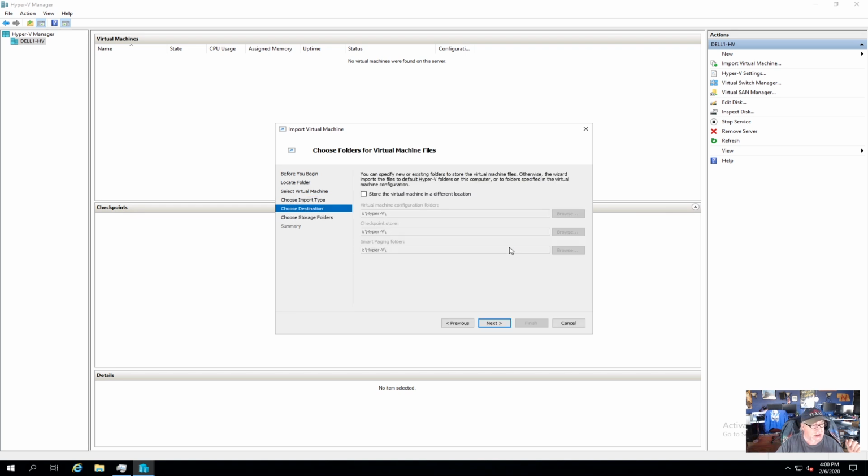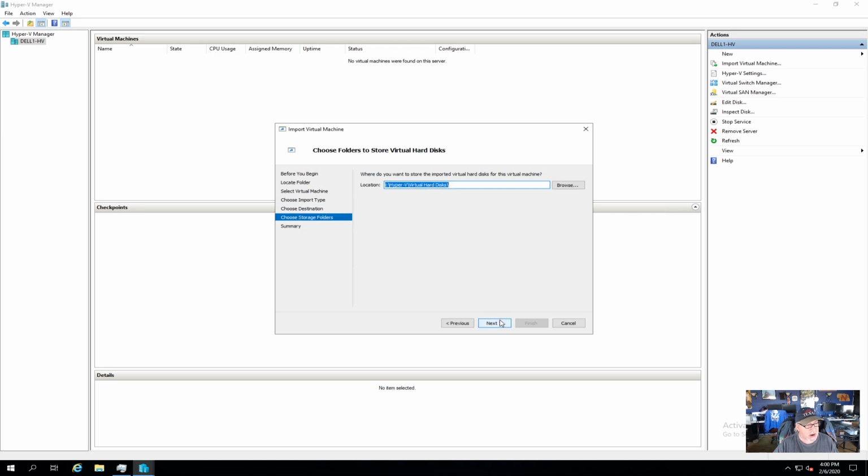Click on next. Now by default I've got all my virtual machines saving to my iSCSI drive. So you'll see it's grayed out here, but if I wanted to change it, you'll see everything is going to the I drive right now, which is the iSCSI. And I'm going to click next, and then the location of the virtual hard drive, that's going to be Hyper-V